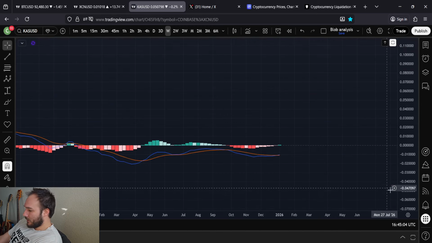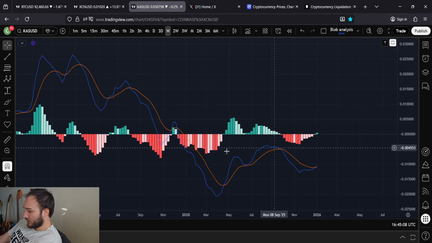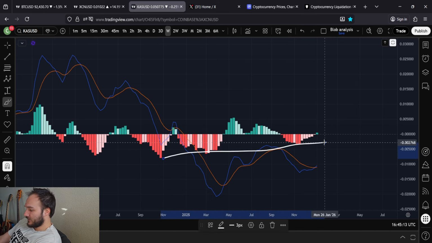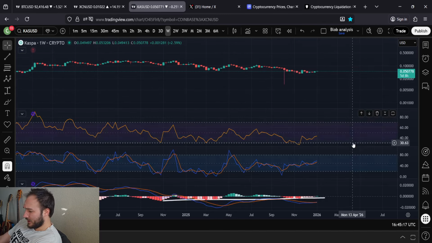We look at the weekly time frame on the MACD. Bullish divergence here as well. You are definitely building. I mean, look at the decay in the momentum that you've seen since October of 2024. The decay of this bearish momentum slowly but surely diverging throughout your whole bear market here. Stochastics are pointed up, looking good here.